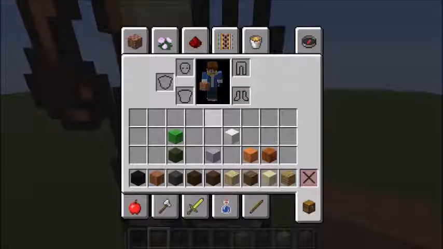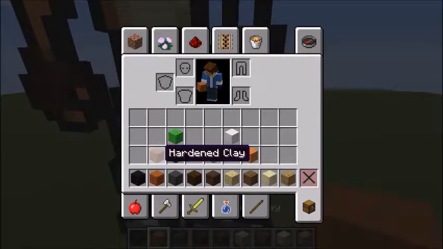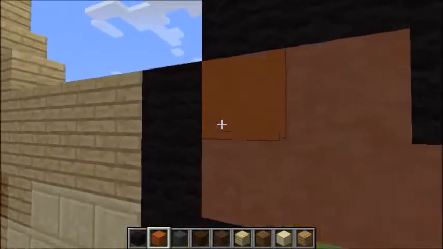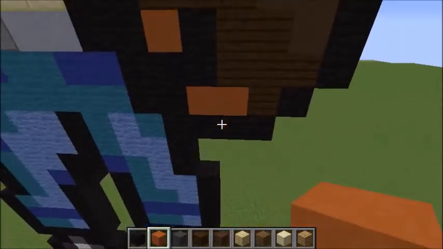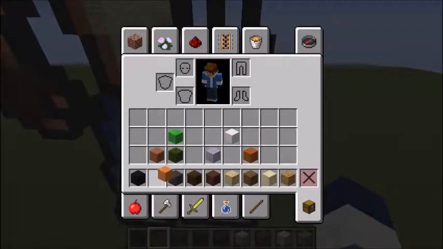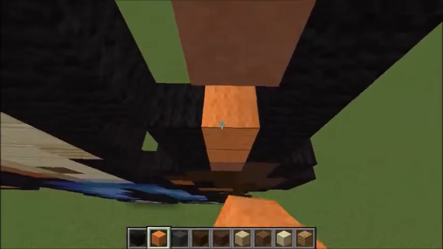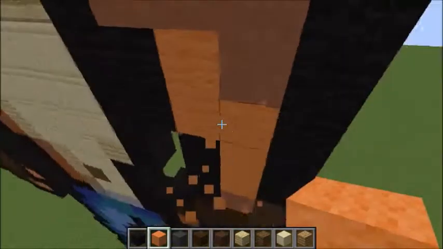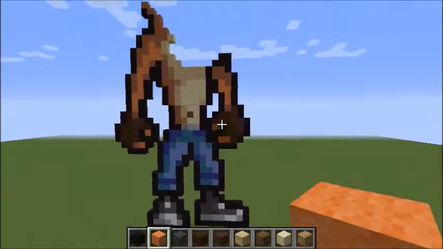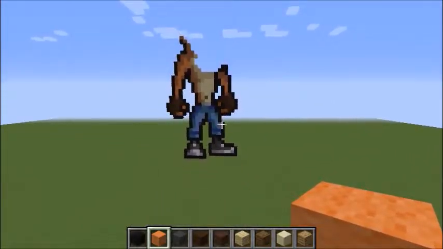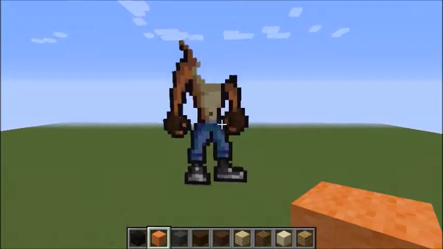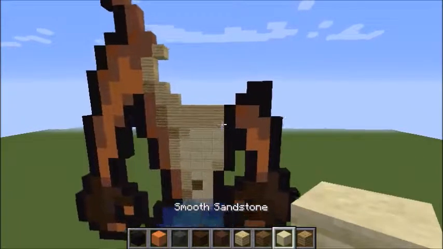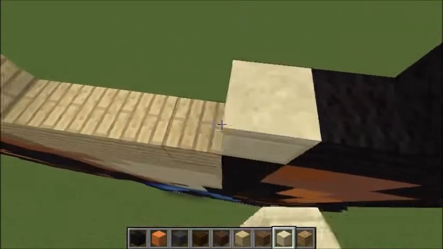Alright guys, now with our orange stained clay, I'm going to do this block here, as well as this block here and these two here. And now switch out for our orange wool, where we'll fill in this blank here. Like so, guys. Alright guys, now what we want to do is get out our smooth sandstone again, fill in